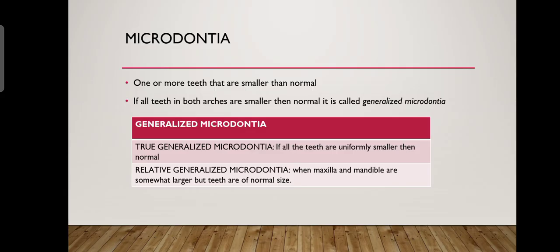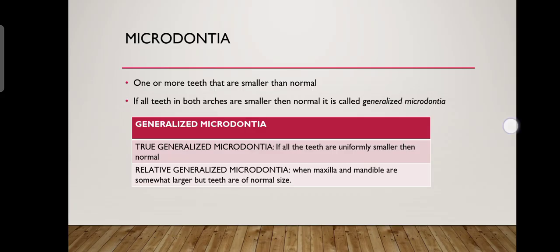The term relative generalized microdontia is used when the mandible and maxilla are somewhat larger than normal, but the teeth are of normal size. Because the mandible and maxilla are larger than normal, they give the appearance or illusion that there is microdontia. This is known as relative generalized microdontia. In this type of microdontia, the teeth are spaced,